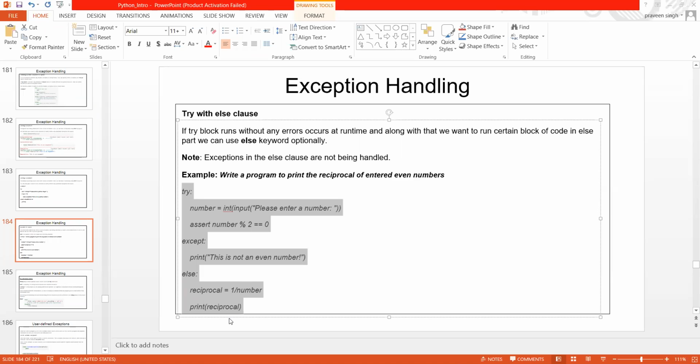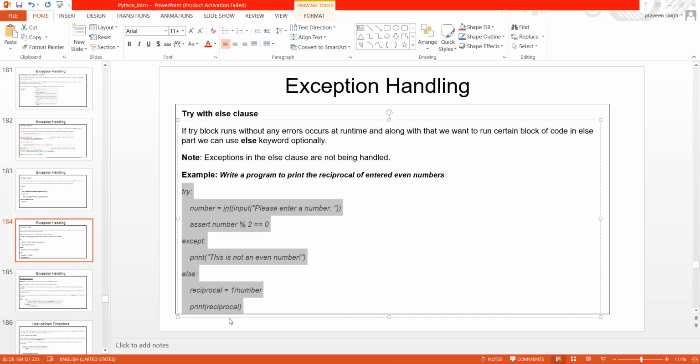Now you can see here I want the reciprocal of an entered even number. Whatever integer you enter here, what needs to be done? Tell me. Anyone? Okay, that needs to be taken modulo 2. If that is 0, then that is fine.